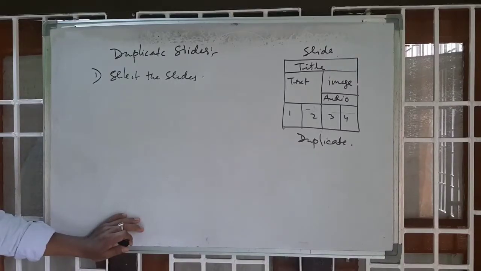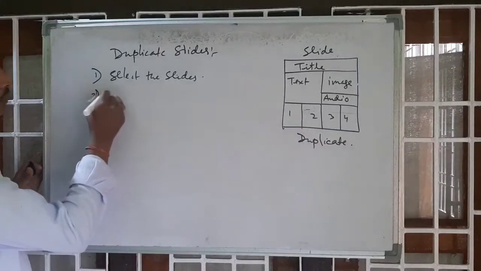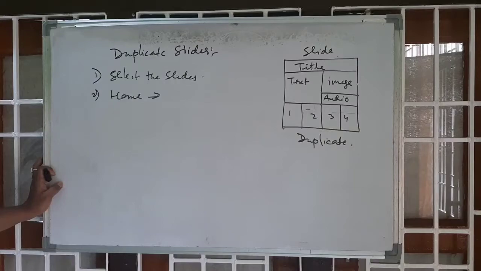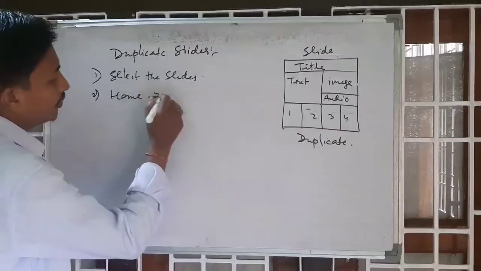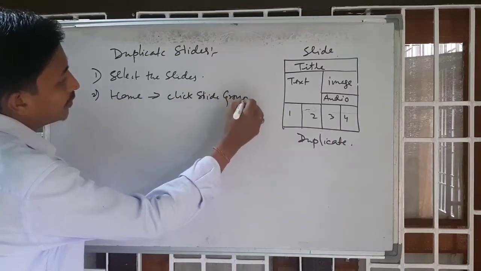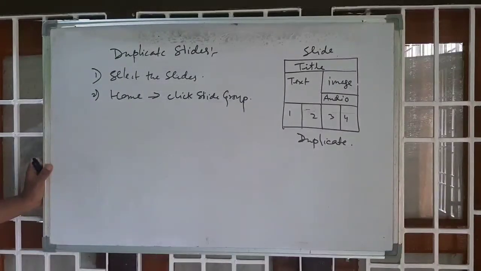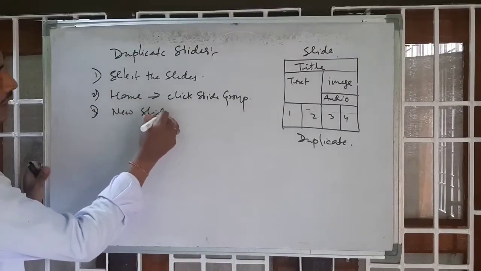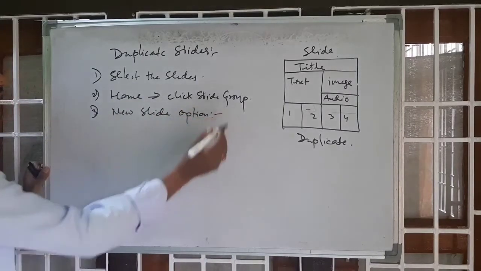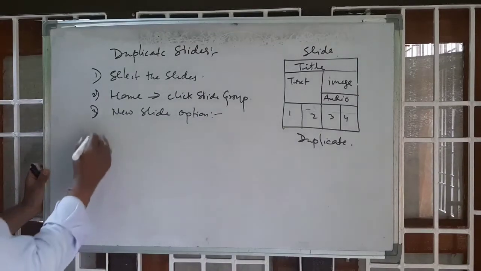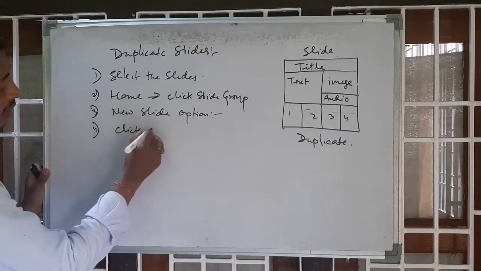Click the drop down arrow of the new slide options. Okay. After that, number 2, go to home, and after that, slide group. Click slide group. After that, you can see the new slide option is available. Now, a new slide option is available. Click duplicate selected slide. The last step is click duplicate